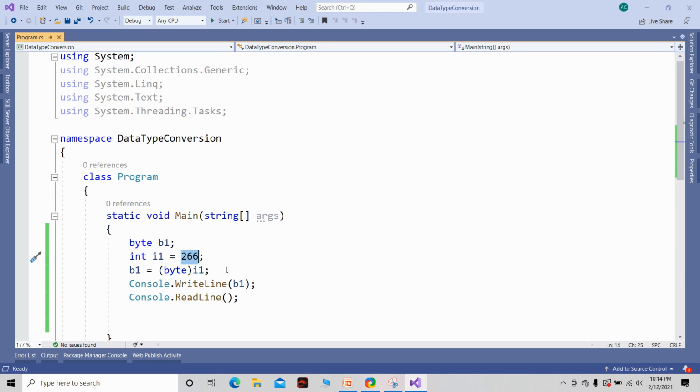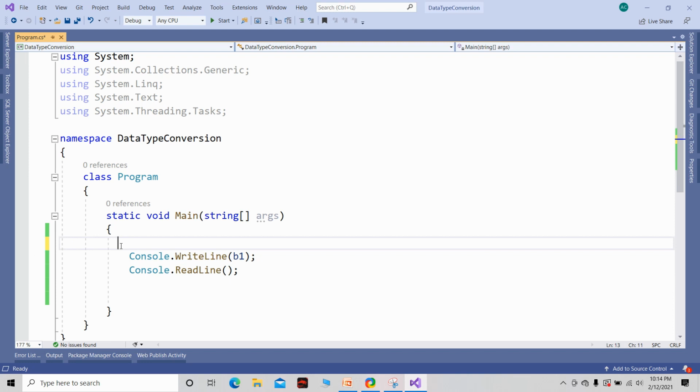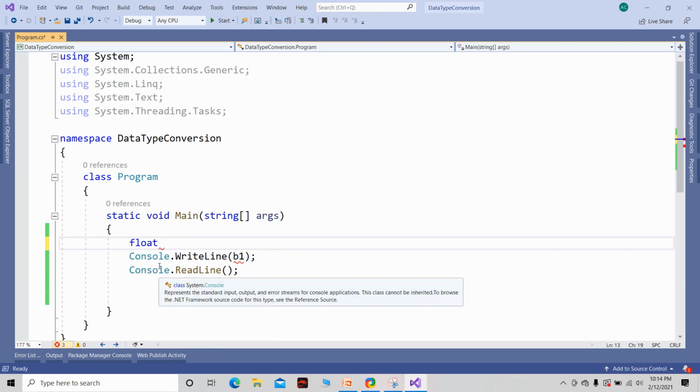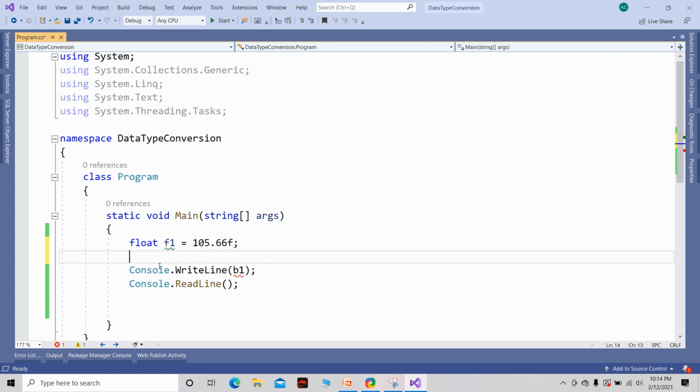Let's try to copy a float value to an integer. Let me define a float value, float f1 is equal to 105.66f. If you try to copy this data to an integer, again we need to pass explicit casting int.